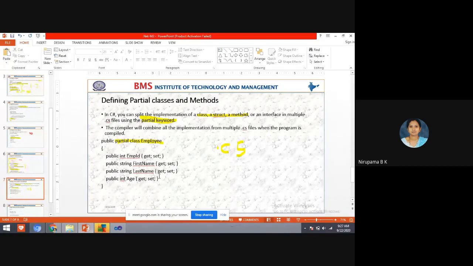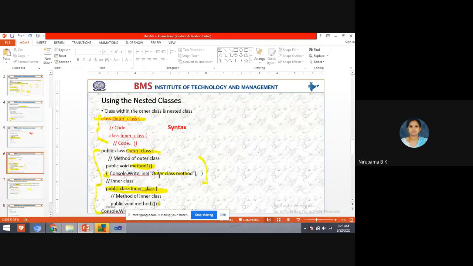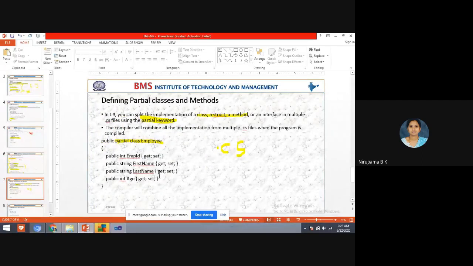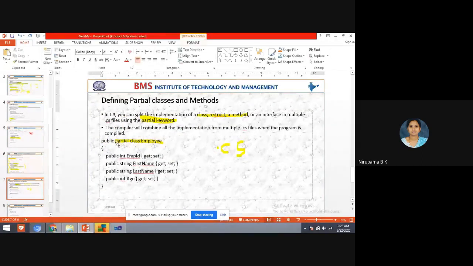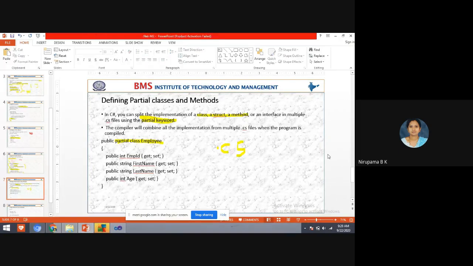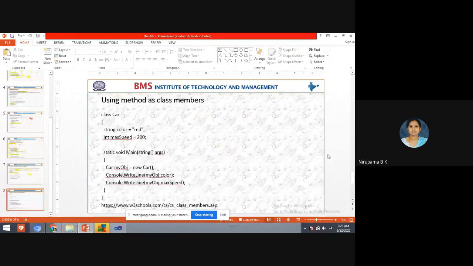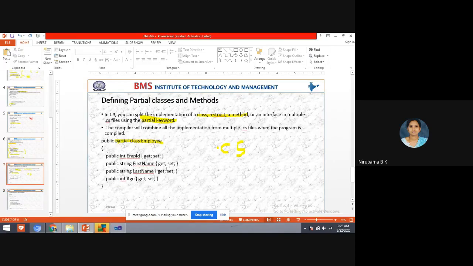Students, in the class, creating an object of an array we have seen, and defining partial class and partial method. They should have a partial keyword. Without the partial keyword, we cannot say those methods or classes are partial. If they have the partial keyword, only then we can say those are partial classes and partial methods. Next, we have using as in a class, that we'll see in the next class. The execution of this program and the as concept we'll see in the next class.